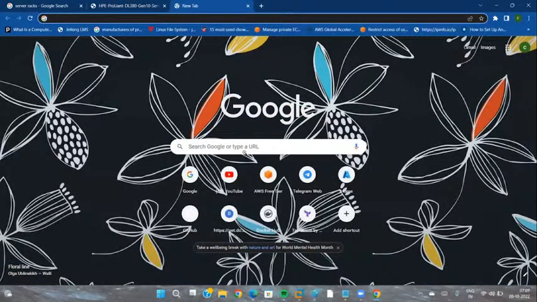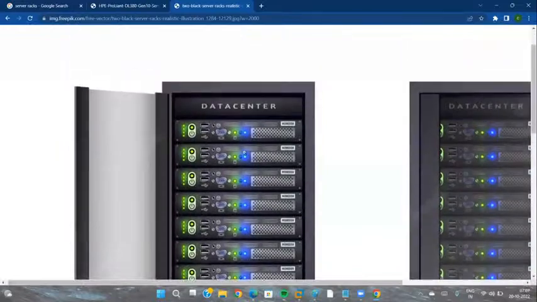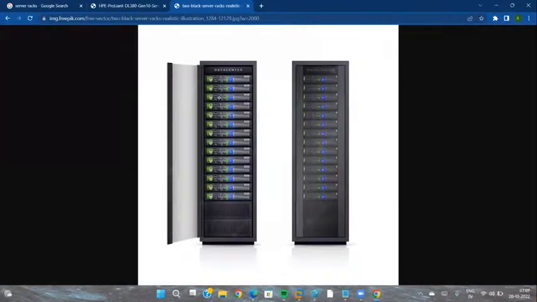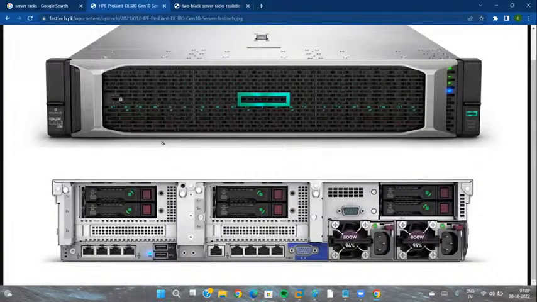So yeah, this is how your servers, or rather your racks, will be available inside the data center, where all the servers are clamped into your racks. Just like how your wardrobes look, in the same manner your racks will look like this. In these servers we will be implementing some virtualization concepts. There is a concept called virtualization. Inside those virtual machines we are going to deploy the operating system,